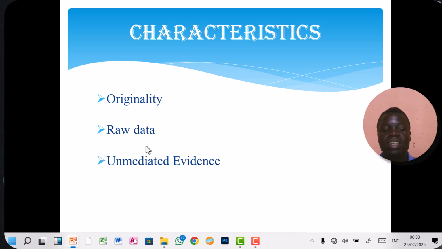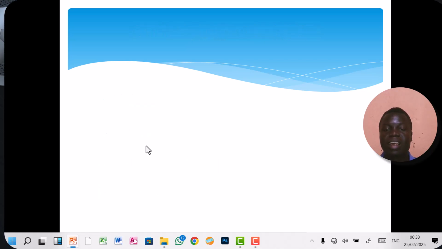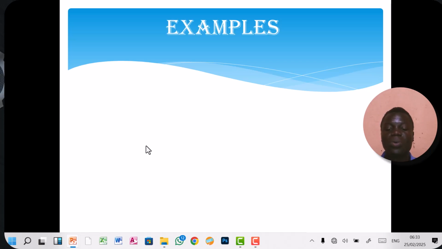It's the evidence. It's not being passed from one person to another and to another person, but itself, it's the evidence of the information, and it is time related in such a way that it is being recorded at the same time the event is taking place. And this will take us to the next item in the outline, and this item is the examples of this